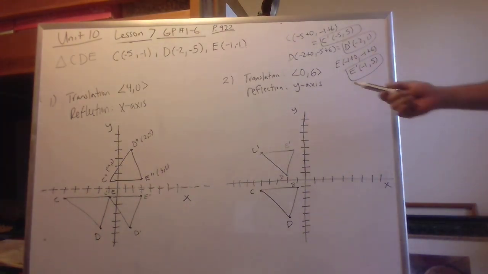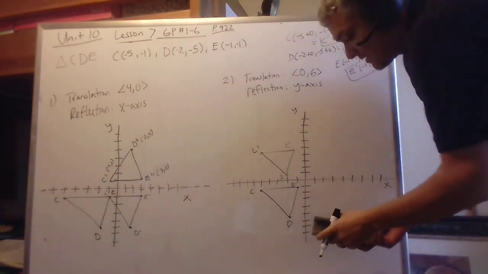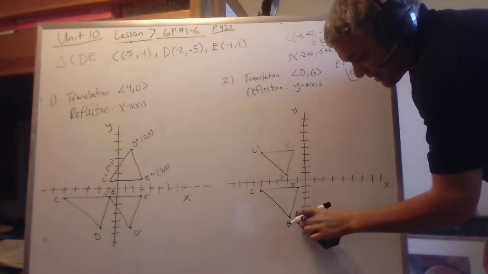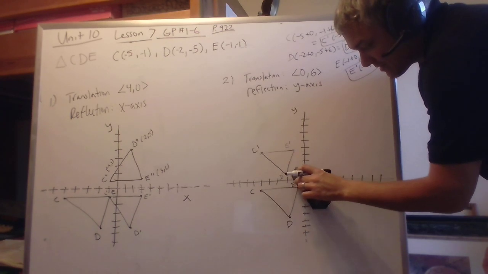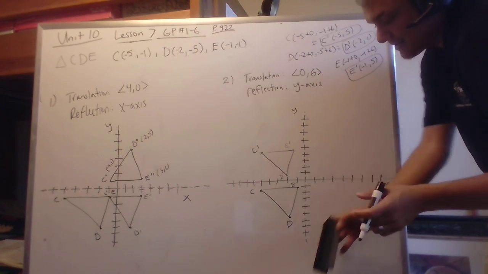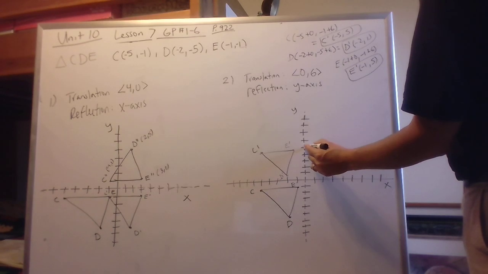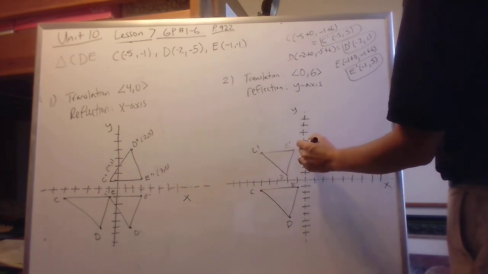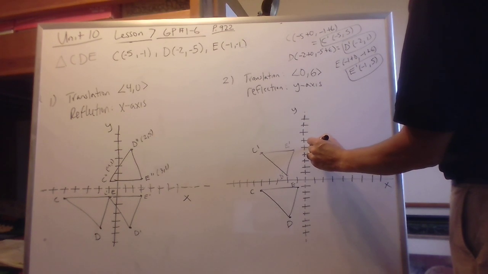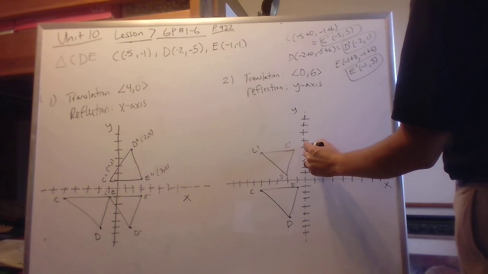All right, now the last thing is we're going to reflect it across the y-axis. So the line of reflection is going to be on the y-axis, so I'm just drawing little hash marks, because a dashed line means it's a line of reflection. So if E is 1 away from the line of reflection, we're going to go over 1. And then since C is over 5 units, we're going to now have